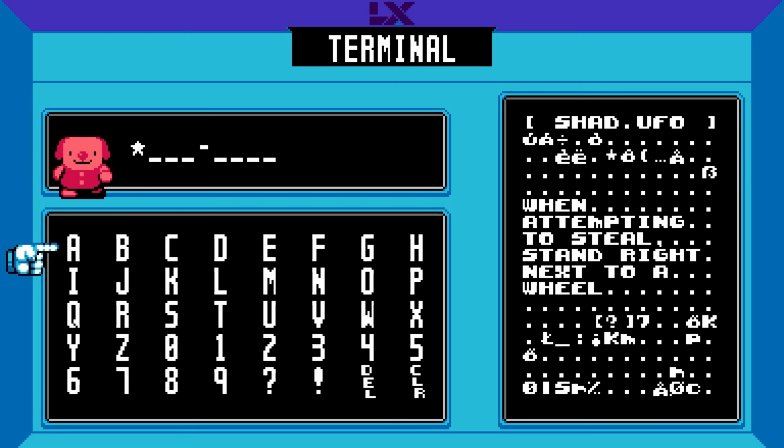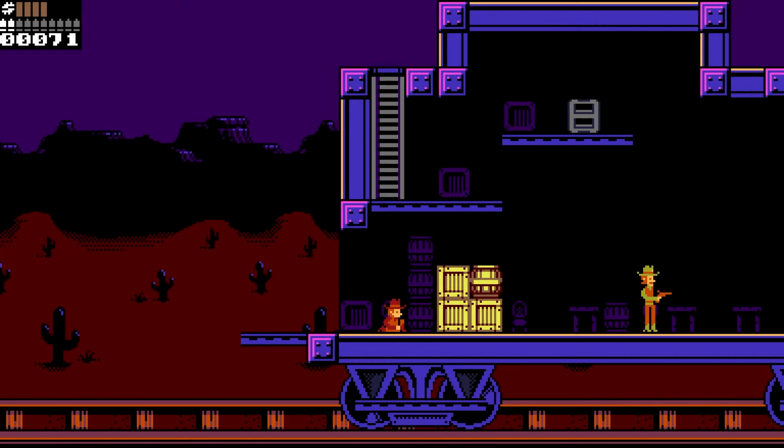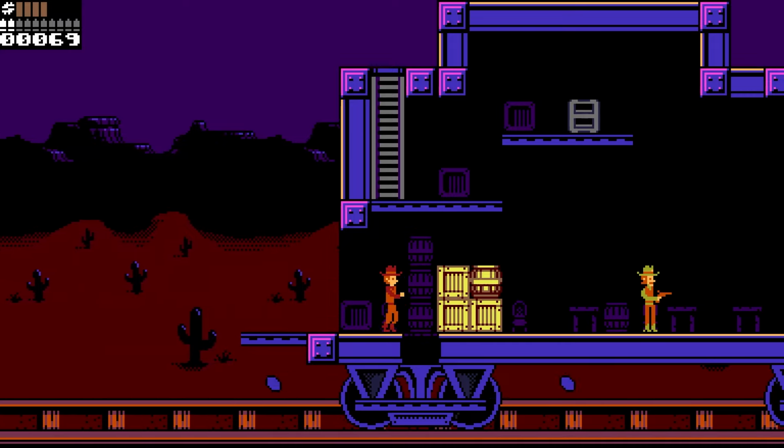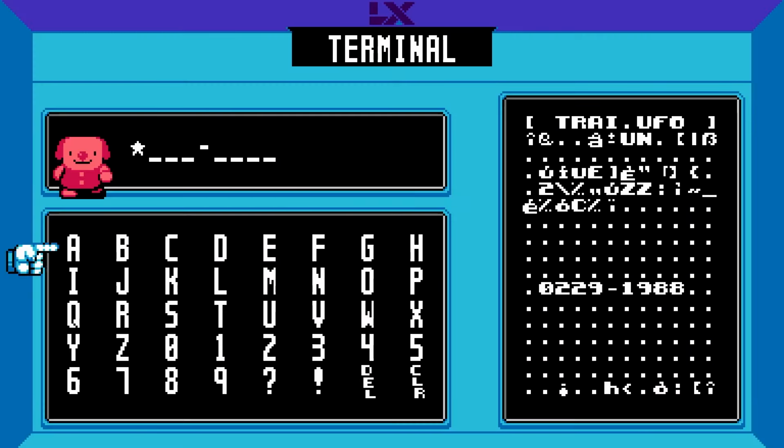When attempting to steal, stand right next to the wheel. And that's gotta be Rail Heist. Start the game, punch the ground above the train's wheels, and drop down to the platform below. Our final code,